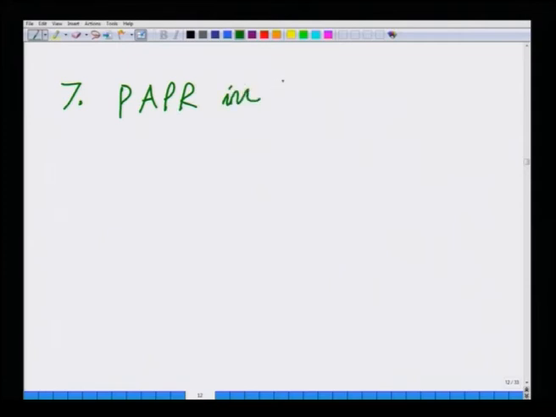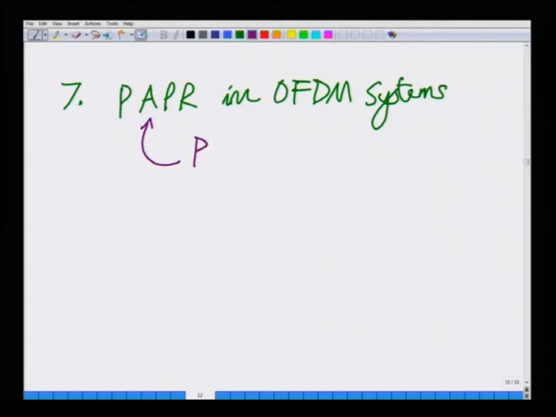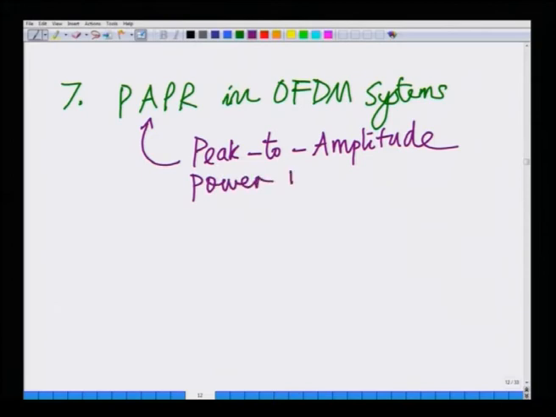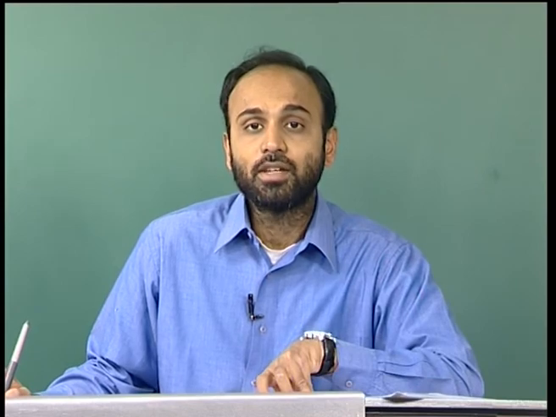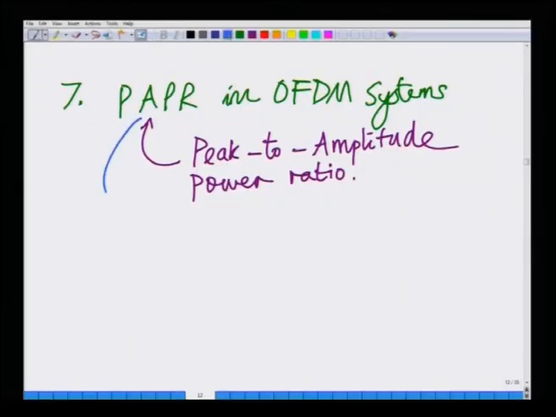The next, we said, another important factor that needs to be considered in OFDM is the PAPR in OFDM systems, where PAPR stands for peak to average power ratio in OFDM, and this also we said causes saturation in amplifiers,